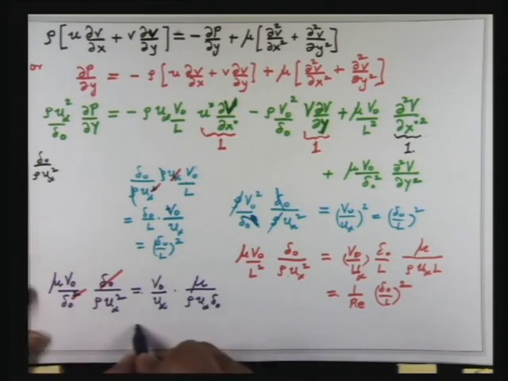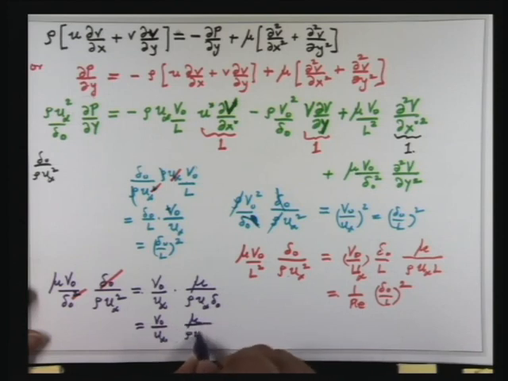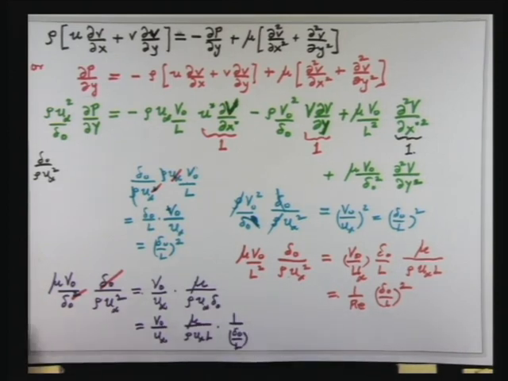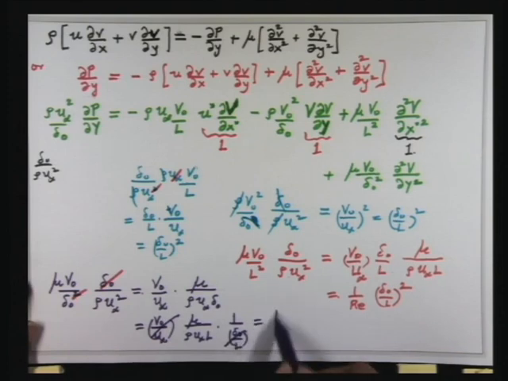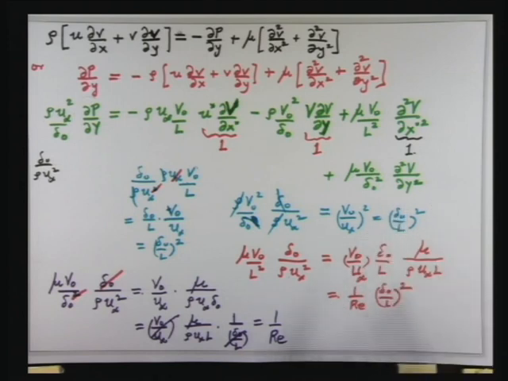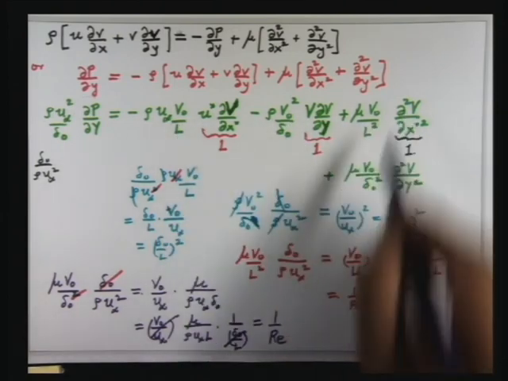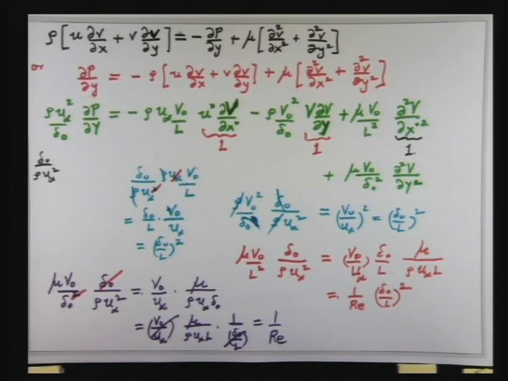Now this I can go further and write as V naught by U infinity, mu by rho infinity L, into 1 upon delta naught by L. Now V naught by U infinity is delta naught by L, so this will cancel with this, so this is 1 by RE. So the last term is 1 by RE, and we have shown that delta naught by L is 1 by root of RE, so these terms which were order of delta naught by L squared are also order 1